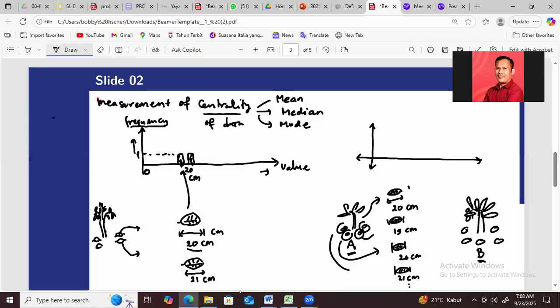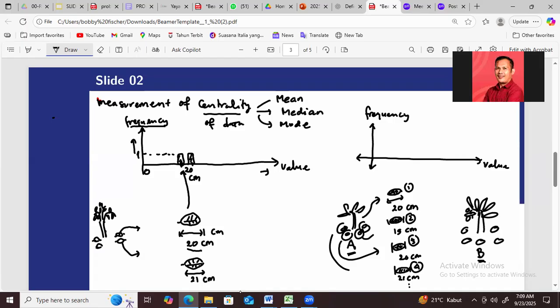So this is the first sample. This is the second sample. This is the third data or sample, or this is the fourth data, okay, and so on. And then you plot in this here, this is the value, this is the frequency,